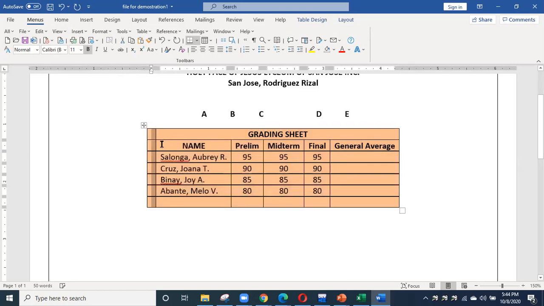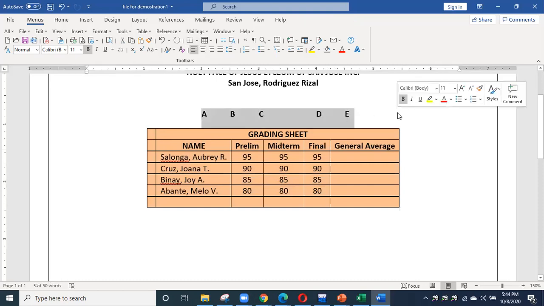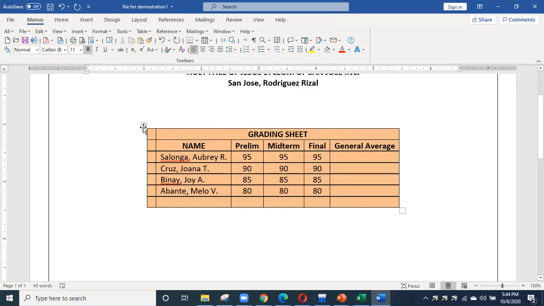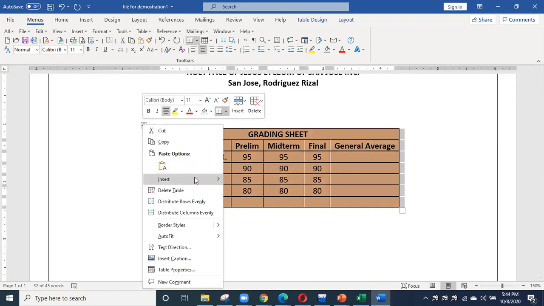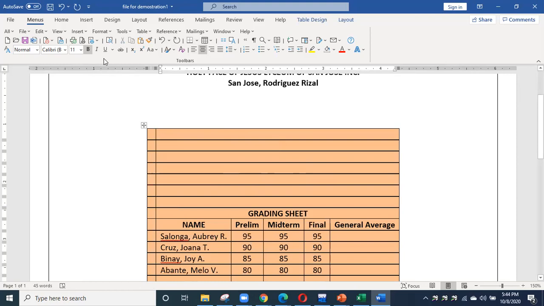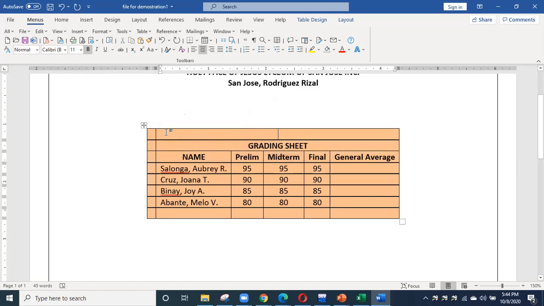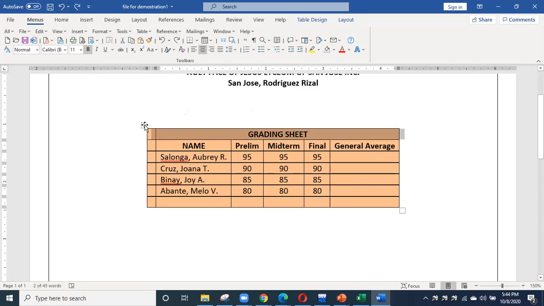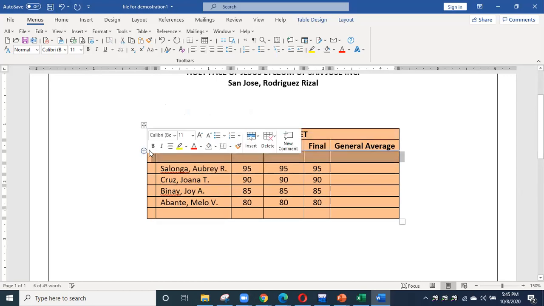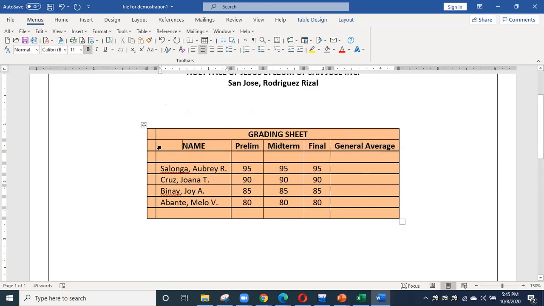Insert column left, for example. So for us to have a more presentable one, you just right click, insert again, insert column at the top, or row. Above. So, there are too many. Okay, undo. So you just simply highlight, insert, above, okay. Wait for a while. Okay, so for example, this will be a column,